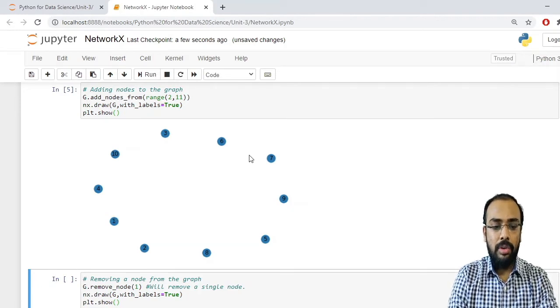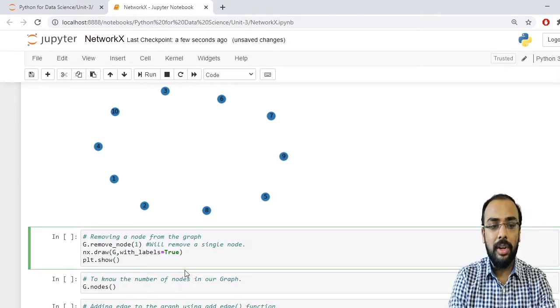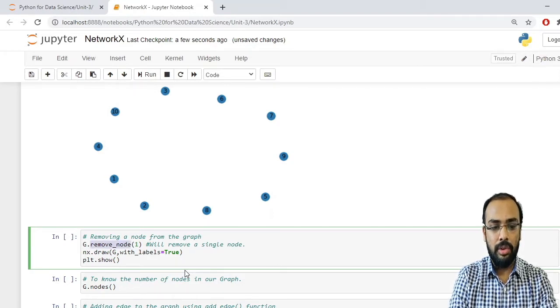Now, if there is a requirement to remove a node from your graph, it is also possible. So how can we remove a node? Again, there is a method for removing a node. This method will remove only a single node from your graph. The method is remove_node, and you have to specify the node name.